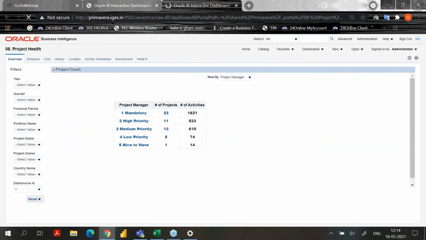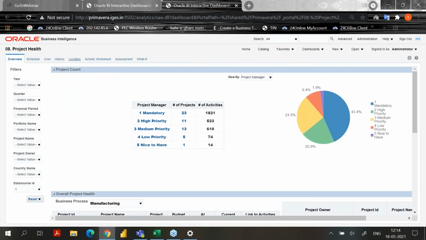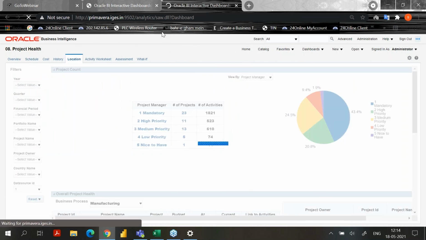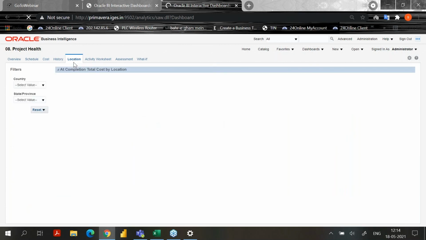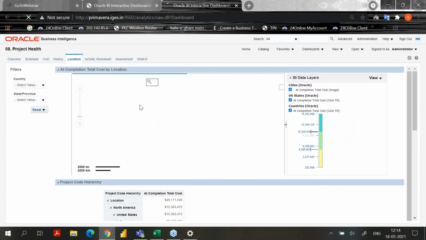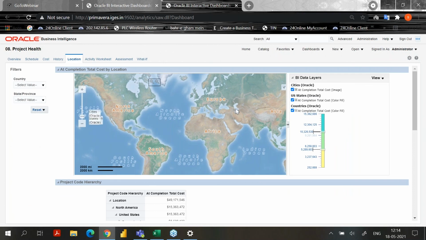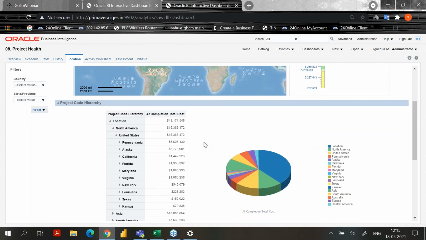Just for location purpose, there is a map feature in this analytics. From the map we can configure it, we can link with our project, and all the reports can be prepared based on the location.